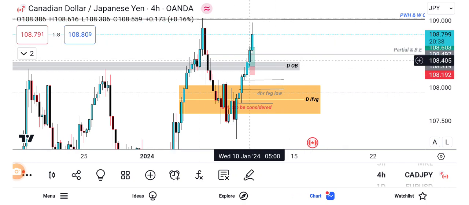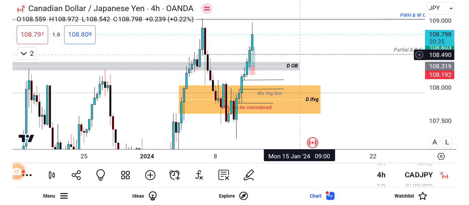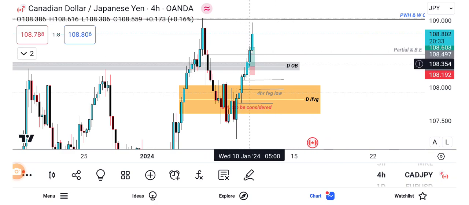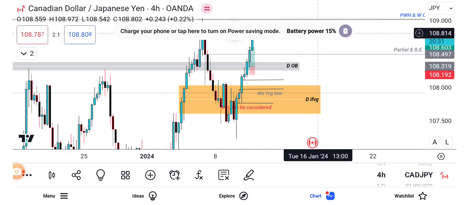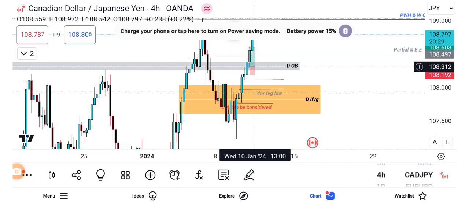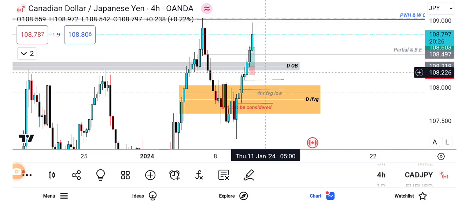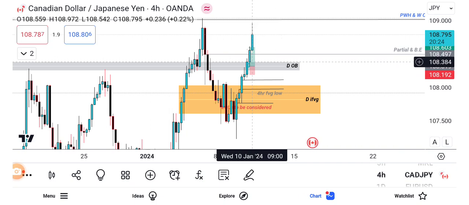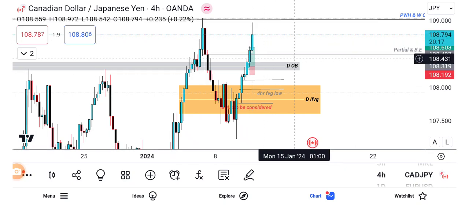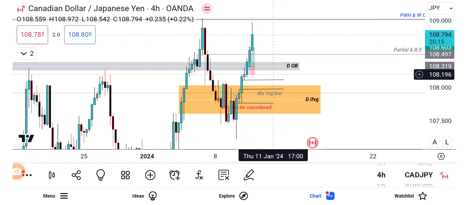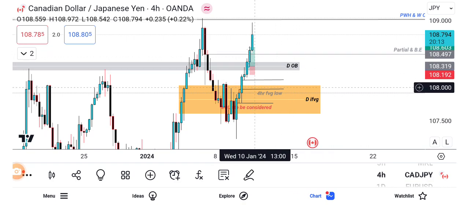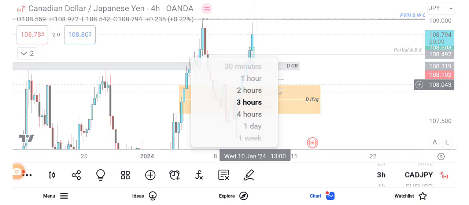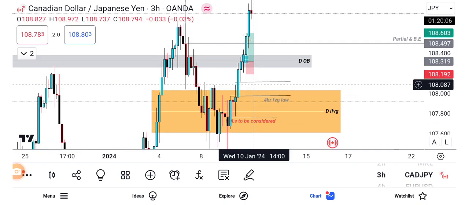So after I'd seen this reaction of this daily order block by a candle closing above, I dropped lower and confirmed we have some price action inside this order block, which I'll show you, that made me assured that this price action was to be bullish. So I wanted to see this daily order block act as resistance to prevent lower prices into this 4-hour fair value gap. So I dropped to the 3-hour time frame, and what I saw is